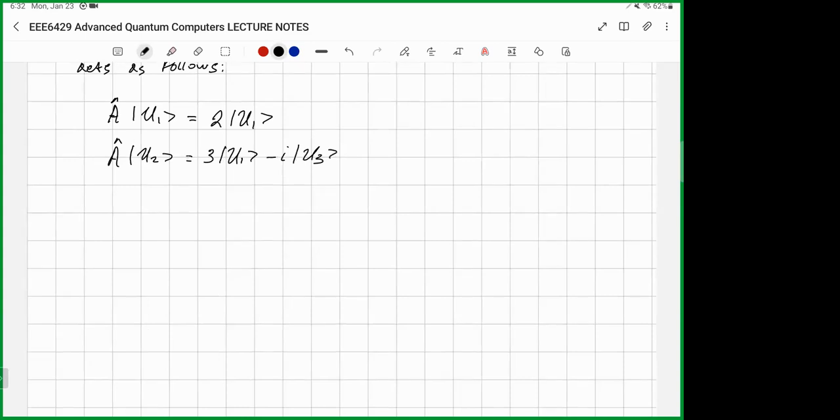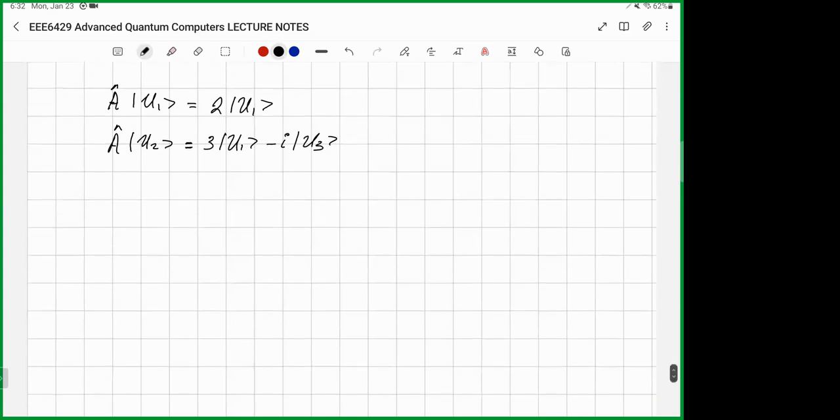So now we see that this operator is doing something more interesting, because in contrast to the first vector, the second vector it transforms into a combination of other vectors, which is something more interesting. And the third action of this operator A on the third vector u3 is equal to minus